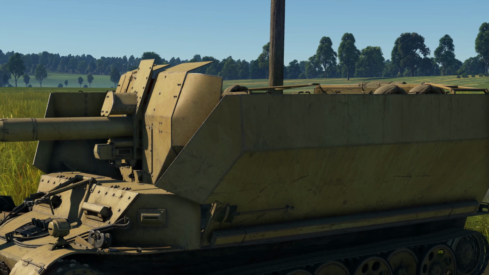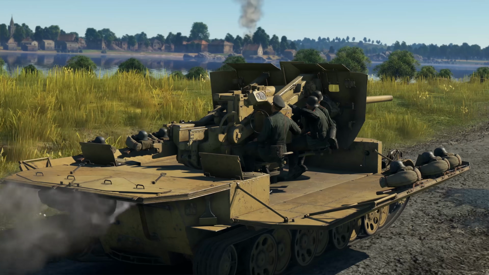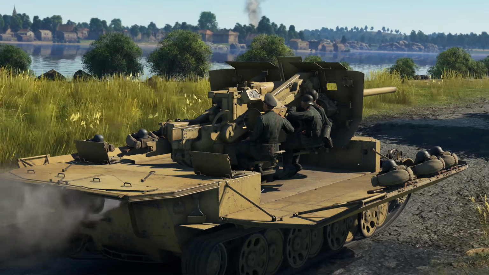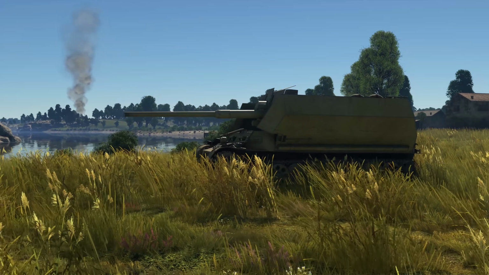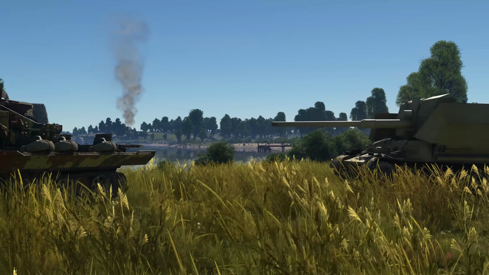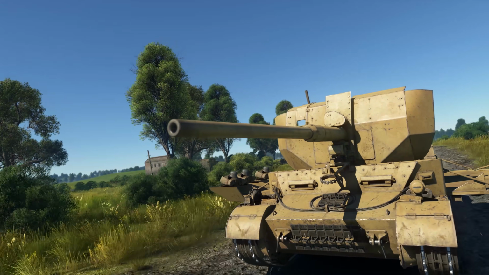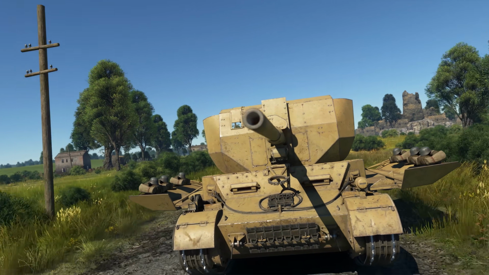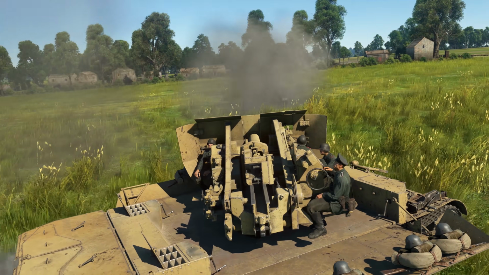A VFW, a rare event SPAA vehicle among the ranks of tank destroyers. It has a unique feature. Its side skirts can go up to provide additional protection, or down to get the most out of your fire rate and firepower. A 4-second reload on an 88mm gun is nothing to be sneezed at, even on a vehicle with distinctly AA